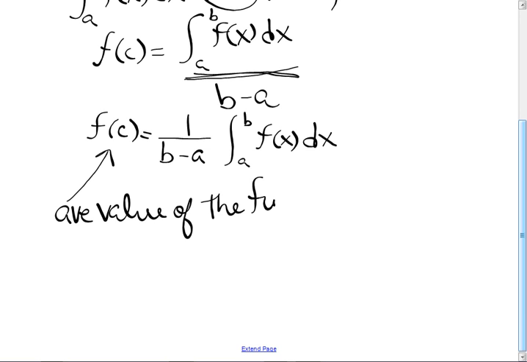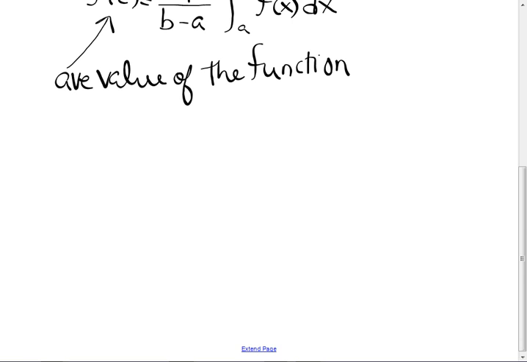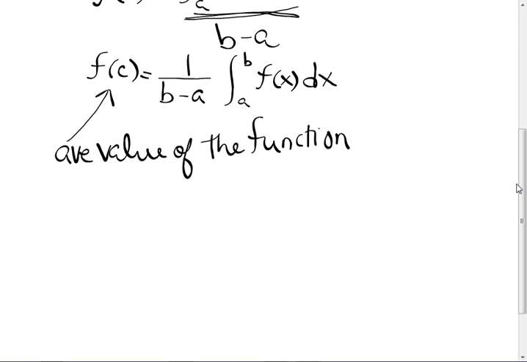You will see that word, and you will see average rate of change. And let's go ahead and contrast those. They are the same thing, but one's in a derivative form and one's in an integral form. This averages the values of the function. What's an average rate of change? And so you have to really focus on this word. If it says average value, it's an integral. If it says average rate of change,